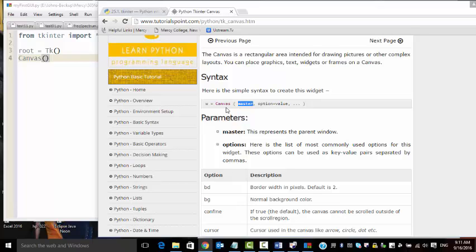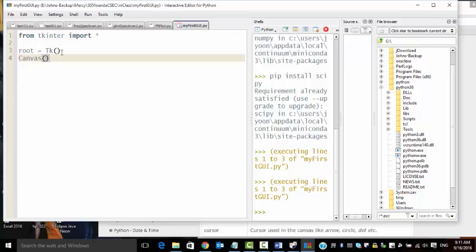In an entire window, there should be only one master, one God. If there are two gods, then this we place there and the other we place in another place. It's no good, right? So you can say root is my top object, so my canvas belongs to that root,